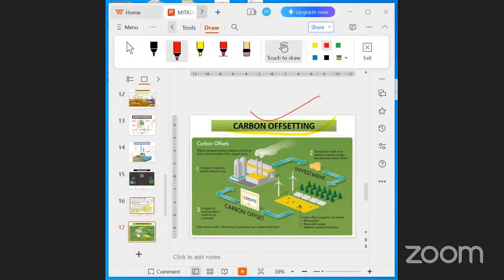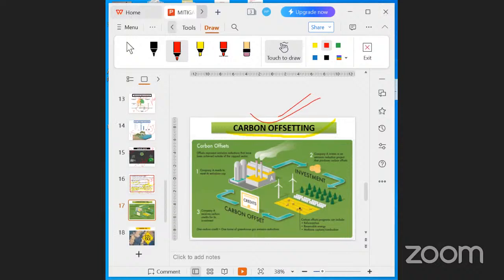sources. Okay, so for example, I am a company organization. So I am reducing my terms. So that is my greenhouse gas emission, and hence I will be offered some credits. So that is called carbon sequestration. Okay. So carbon offsets are quantified and sold in metric tons of carbon dioxide, right? So this is carbon offsetting, okay?